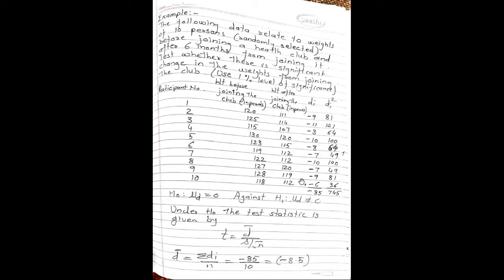So first step is to write the null hypothesis in notation. H0: μd is equal to 0 against H1: μd not equal to 0. Under H0, the test statistic is given by t is equal to d bar upon s upon root n. So first of all, we will calculate di values. Di values are nothing but